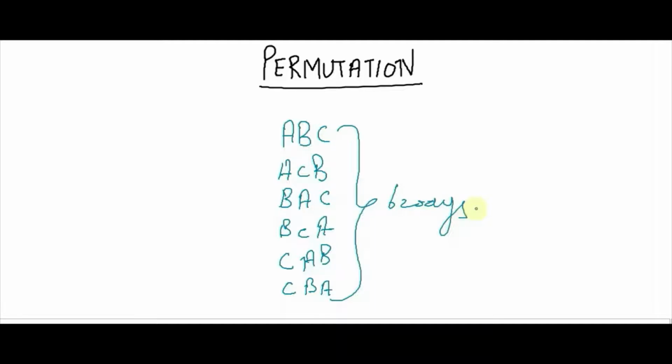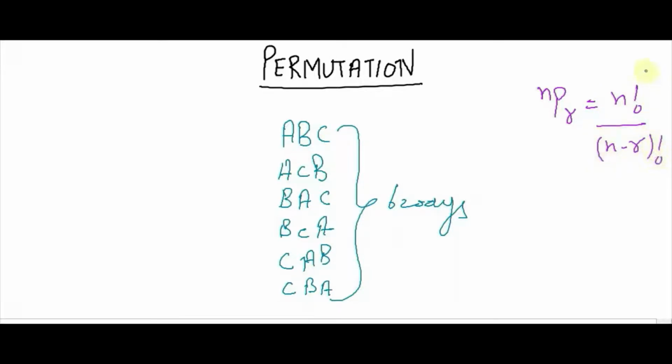For a 2-letter word, a 3-letter word and even a 4-letter word, we can arrange them easily in this way. But when we talk about a 5-letter word, 6-letter word, 7-letter word, 8-letter word, it is quite difficult. For that we have a formula of permutation, and the formula is nPr is equal to n factorial upon (n minus r) factorial.